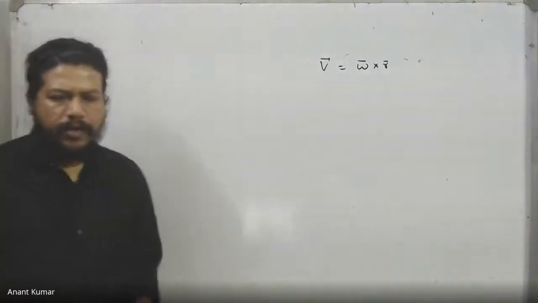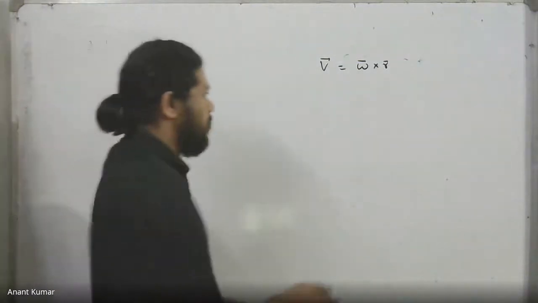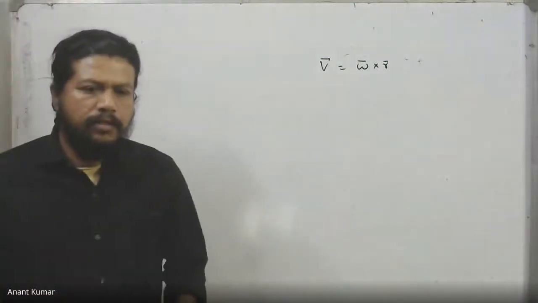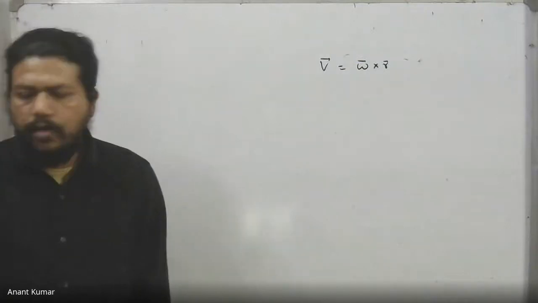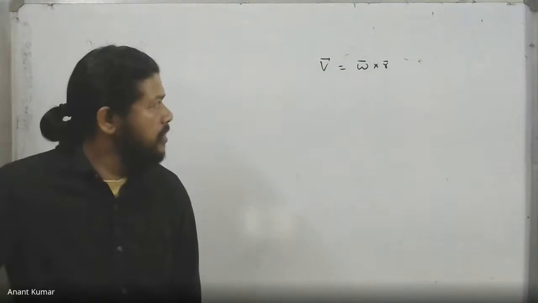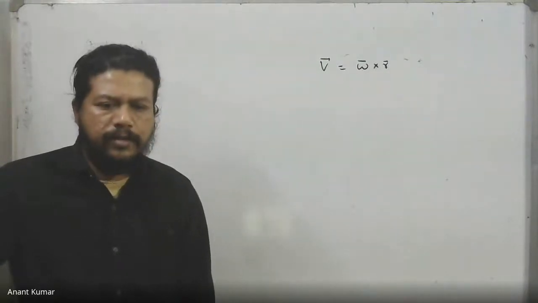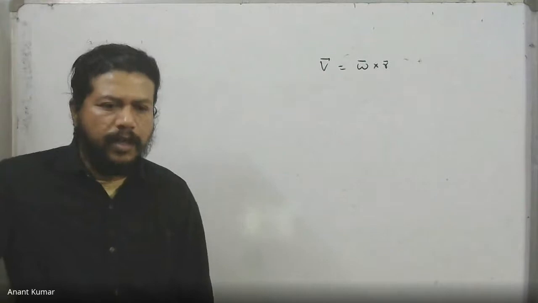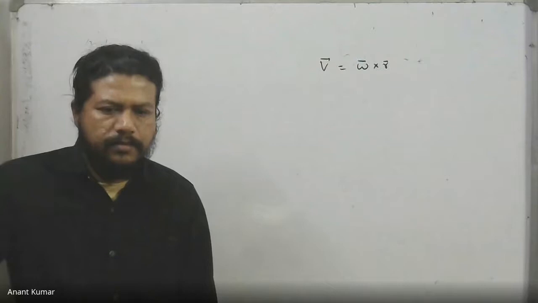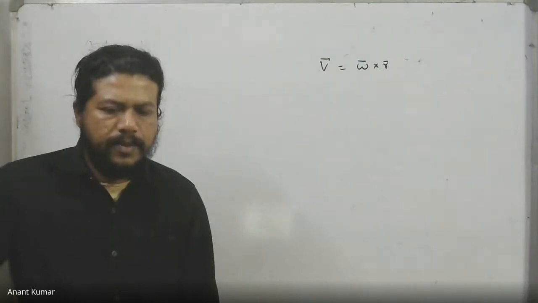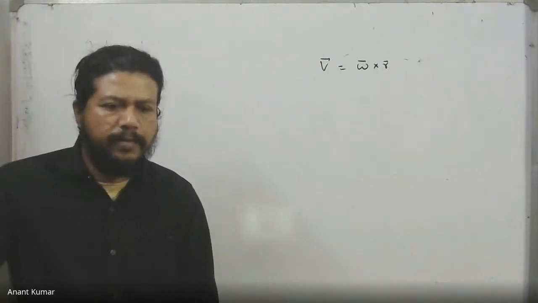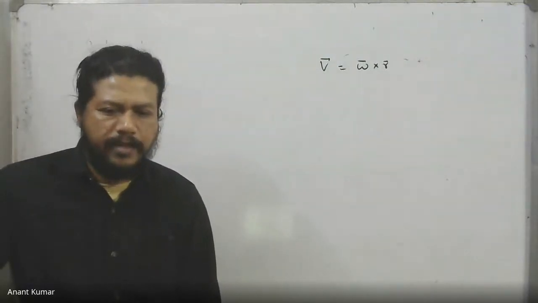You've seen that when some body is rotating about a fixed axis, you can obtain the velocity of a point of the body by the cross product of omega and r vector, where omega vector is the angular velocity and r vector is the position vector of the point relative to a certain origin which is lying on the axis itself. Magnitude wise, it boils down to multiplying the angular speed with the distance from the axis, isn't it?